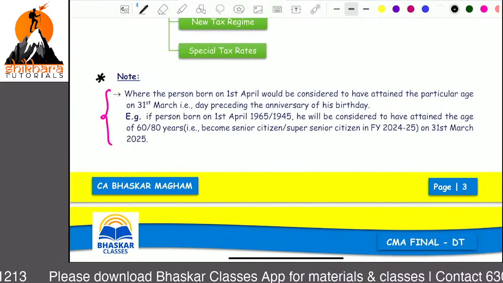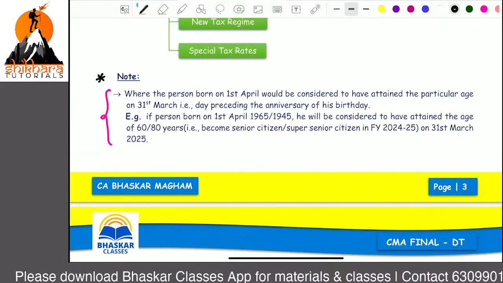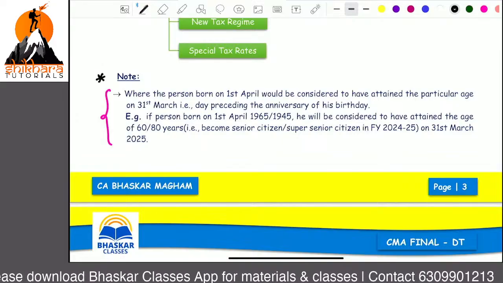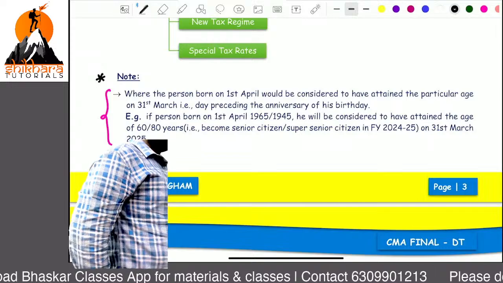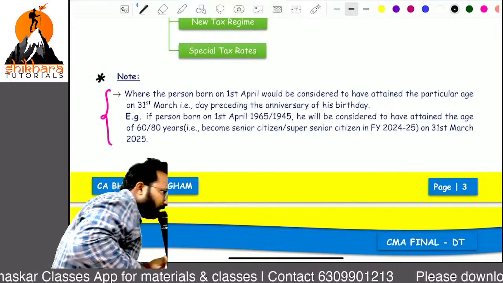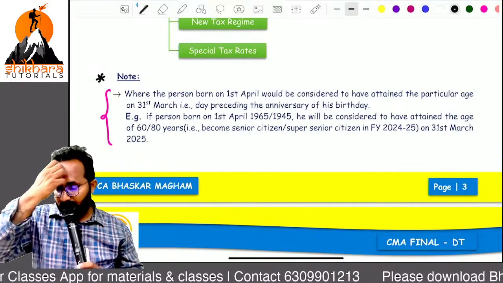A circular's purpose is always to clarify something, issued by CBDT, binding on the department, not on SSCs. SSCs can follow the beneficial circulars; the remaining can be useless for SSCs. Now,